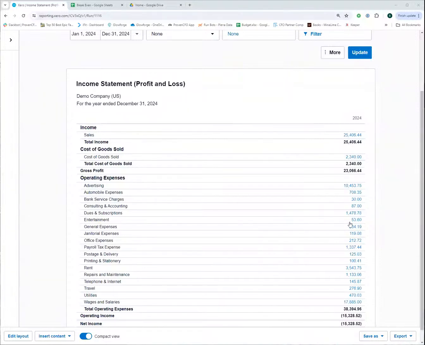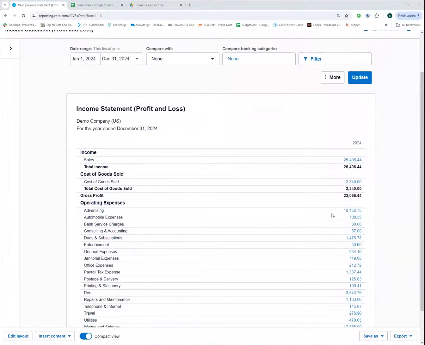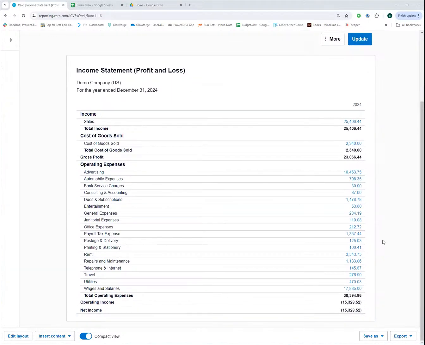This is a demo company inside of one of the accounting platforms that we like to use called Xero. And this is a typical profit and loss statement that we might see from any business that we work with. You're going to have your standard income revenue lines that come in, and our standard cost of goods sold. We end up with a gross profit number that says, hey, we have this much money from our normal day-to-day selling activities. And then we'll end up with our operating expenses, which tell us what it costs to actually run the business on a month over month basis.